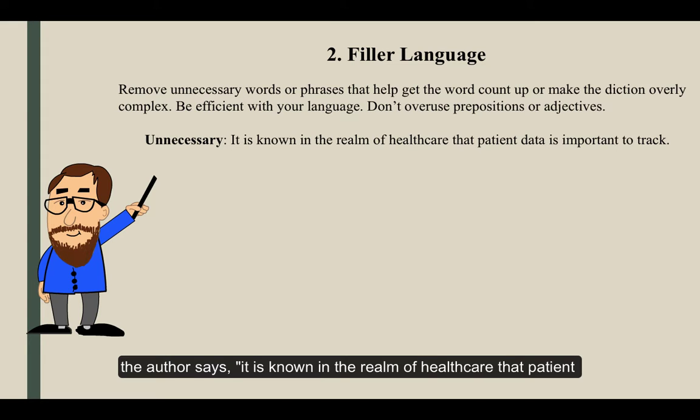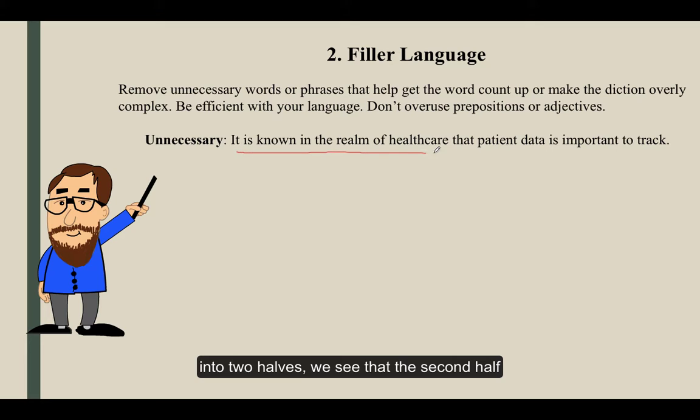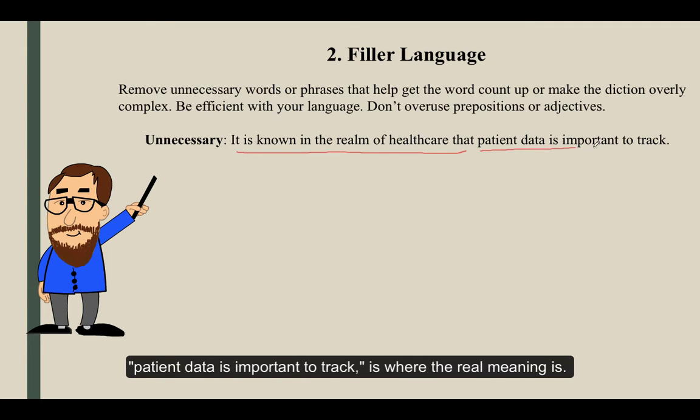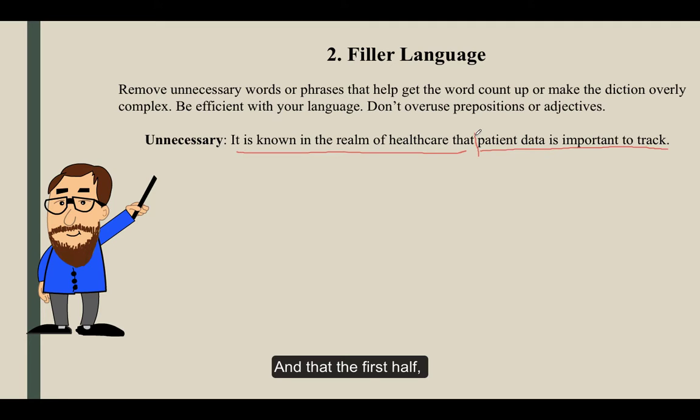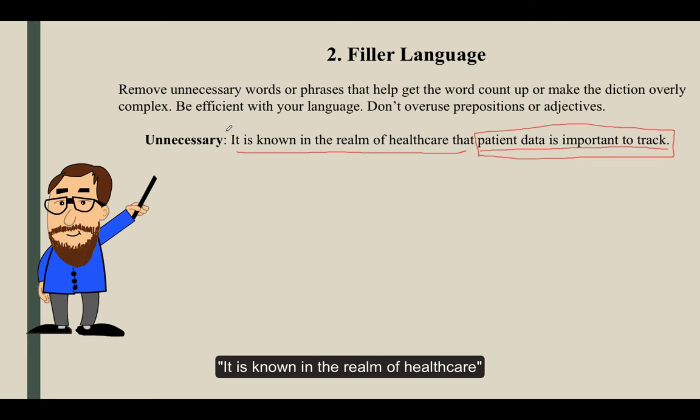In this sentence, the author says, "It is known in the realm of healthcare that patient data is important to track." And if we break this sentence down into two halves, we see that the second half, patient data is important to track, is where the real meaning is. And that the first half, it is known in the realm of healthcare, is irrelevant and meaningless, or at least doesn't add to the meaning